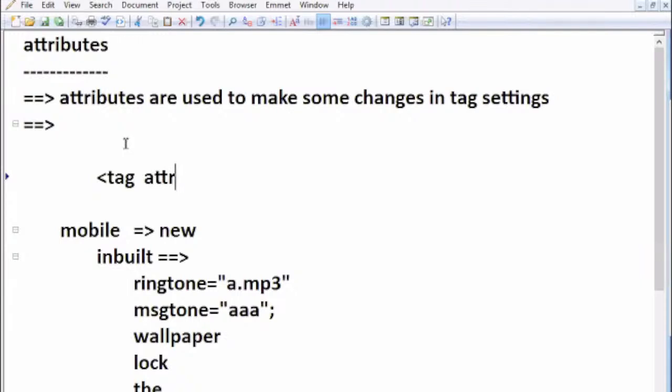If I type it on the left side, is there any problem, sir? No, sir, no problem. There is some procedure we have to follow. As per the procedure, first the tag name, next the attributes. But it's not a rule, sir, and it's not compulsory. Attributes, we have to specify